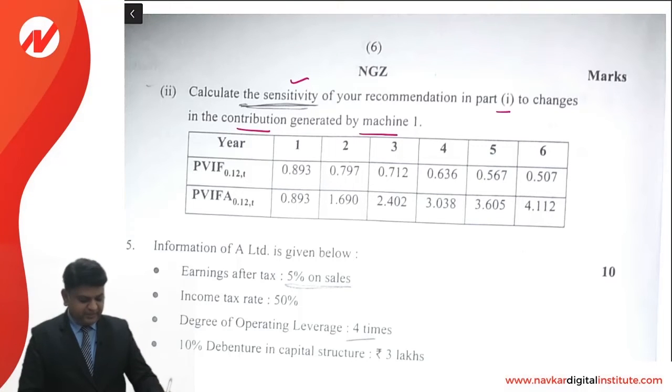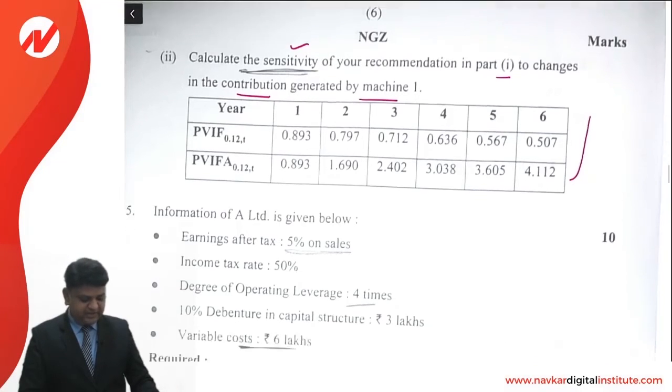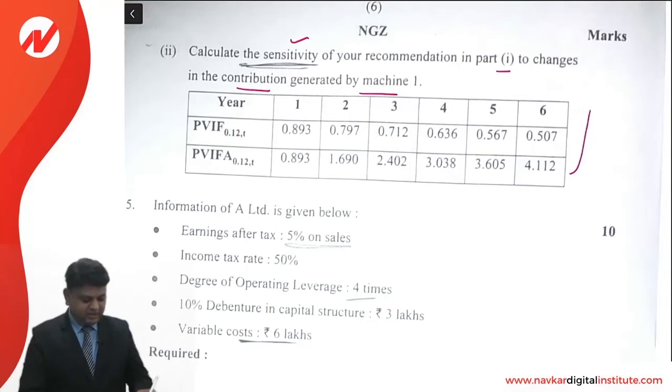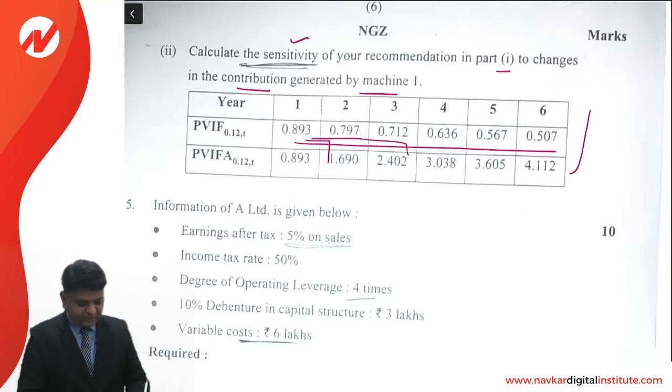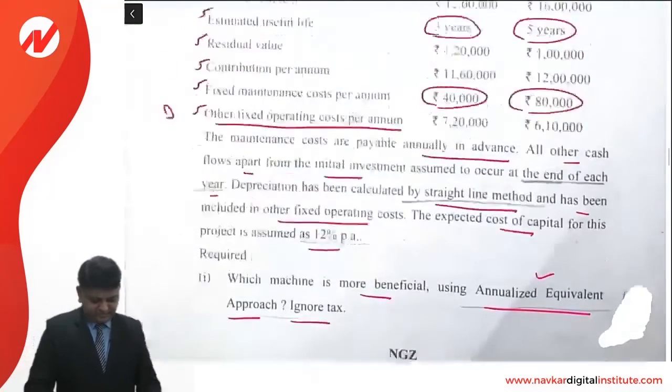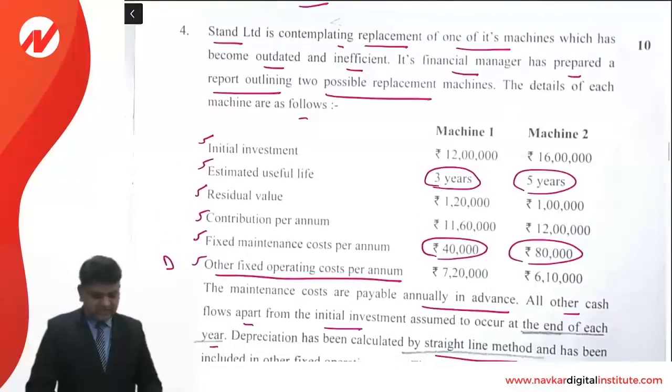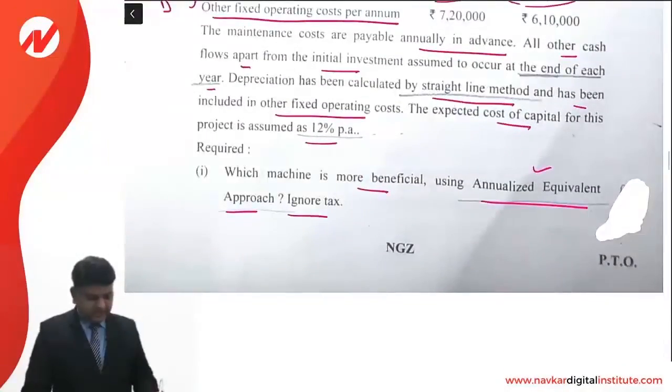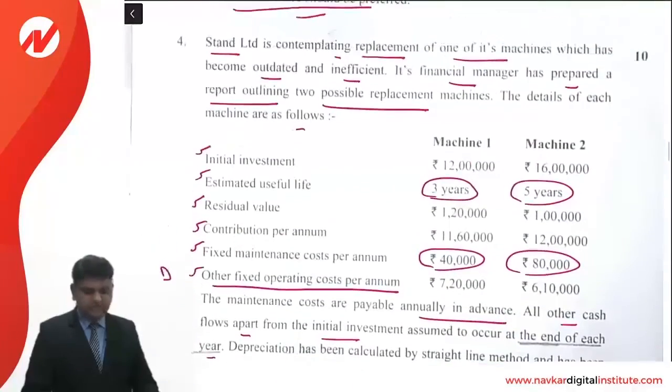We have been provided with the discounting factors. First year, second year, third year, that is year 1 to year 6 information is given. Then we have been provided with the annuity factor: total of 1 and 2, total of 1 to 3, total of 1 to 4, total of year 1 to year 5 and total of year 1 to year 6. So this is the annuity factor given and this is the PVIF information given. So we are required to take the decision using the equalized annual criteria, that is, which option is better.